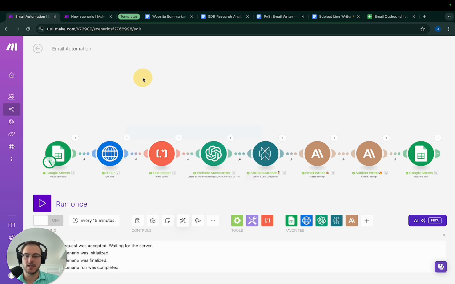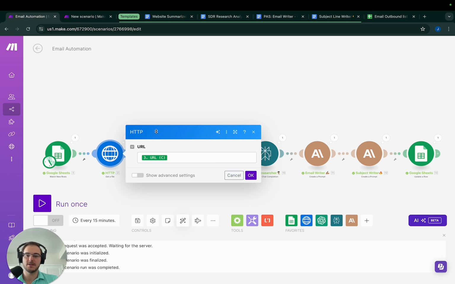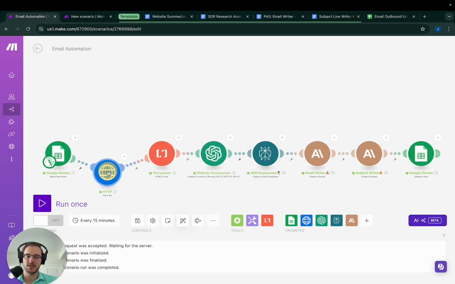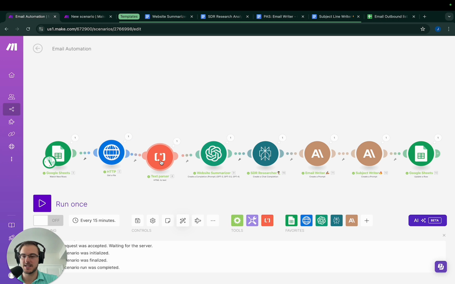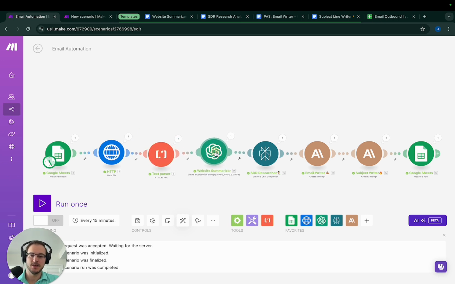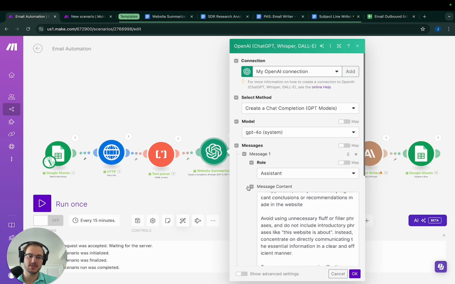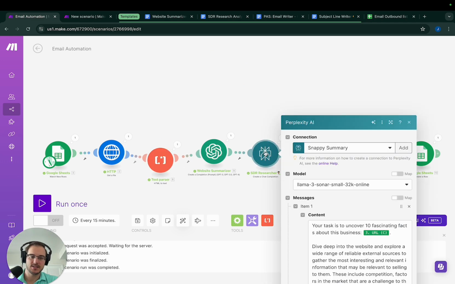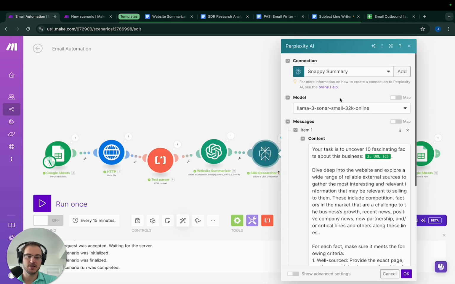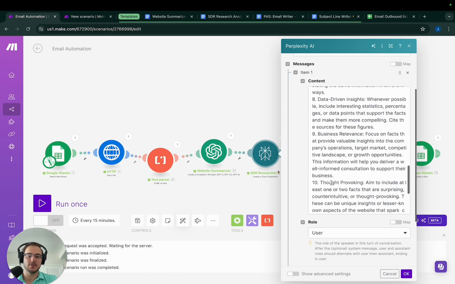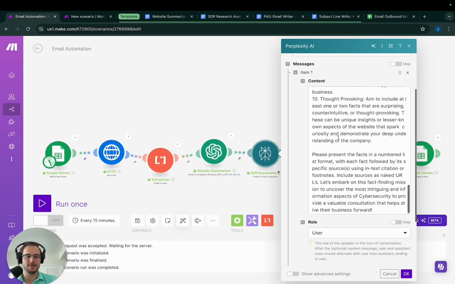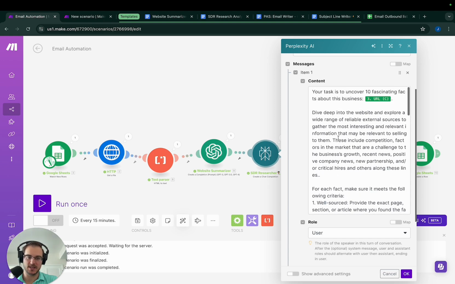So then we're going to pull all of the HTML using the HTTP module here. Then we're going to use the text parser to convert that into good old-fashioned English so that we and our LLMs can read it. Then we're going to use the website summarizer. So what this is going to do is give us a comprehensive summary of that website directly from the text parser. And next, we're going to use our SDR researcher here, who's going to use the URL to then research the web in Perplexity, which is one of my favorites. And we're going to create basically 10 facts about this particular business